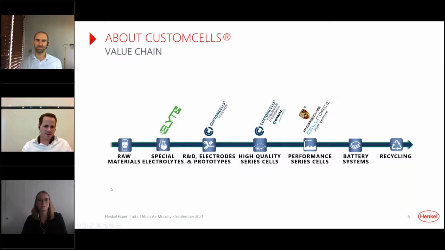So this is the company, how it's basically built up. We're trying to integrate in the value chain. We have strong cooperation partners in raw materials, but also for battery systems, and as I said, for recycling. In-house, we can provide the value chain from electrolytes over prototype cells. This is a production site located in North Germany, and Tübingen is high quality series cell production for aviation located in southern Germany. And Porsche, there you can also see, that's a joint venture.